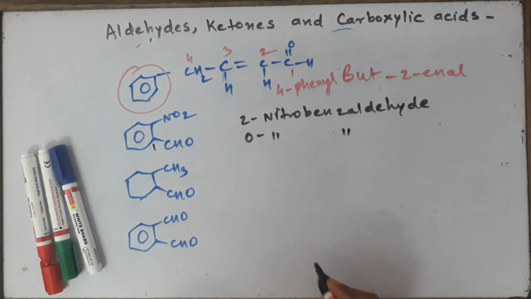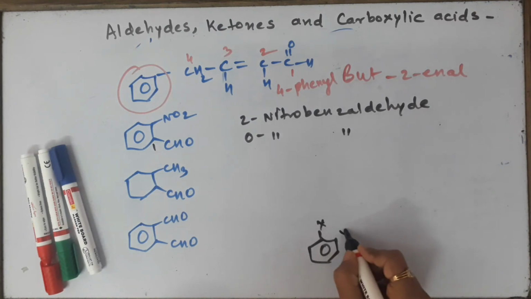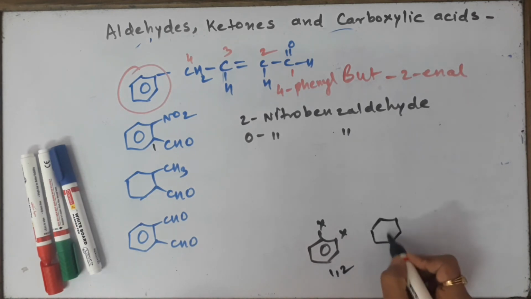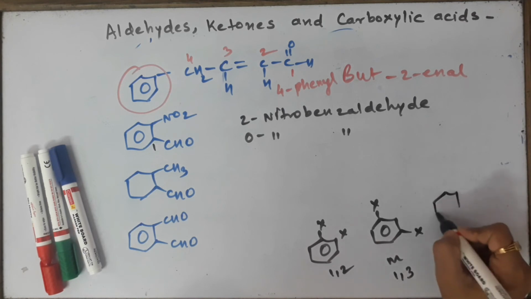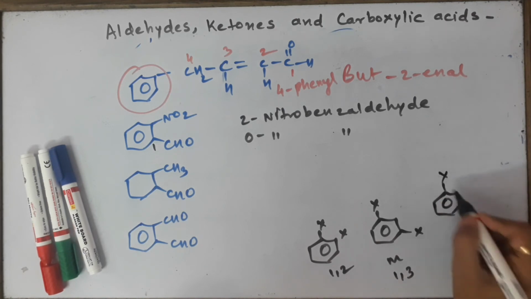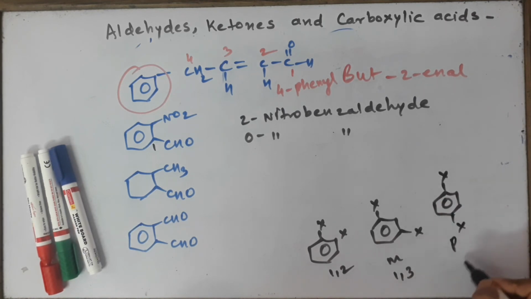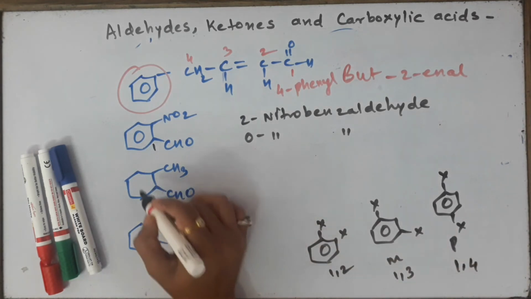As you all are aware, children, what is ortho, meta, para? Let me just quickly tell you that. So this is ortho, that means placement of the two groups on adjacent carbon atoms. 1,2 position is ortho. Similarly, if the position is at 1,3 like this, it's going to be called meta position. 1,3 is meta. And similarly, if we have the groups attached at 1,4 position like this, it's called para, indicated by P. Okay, now look at this one.